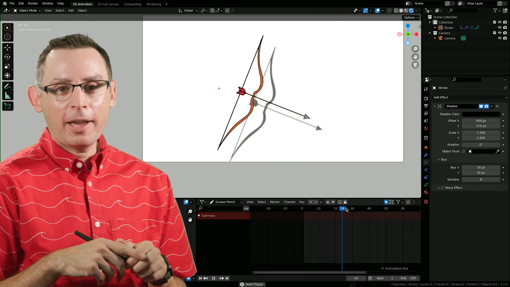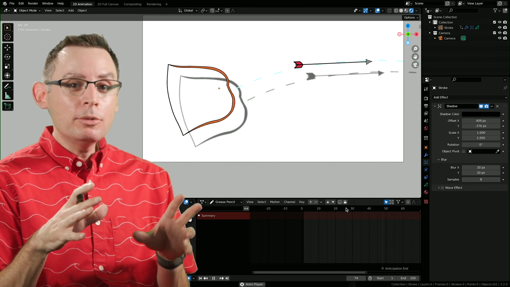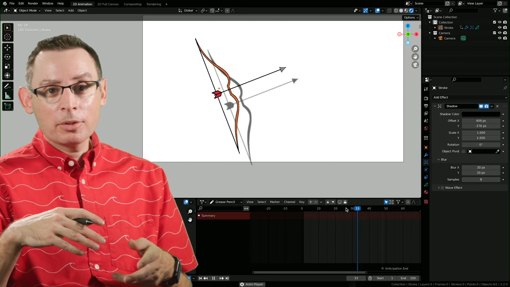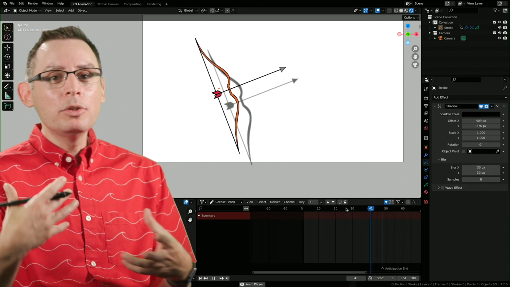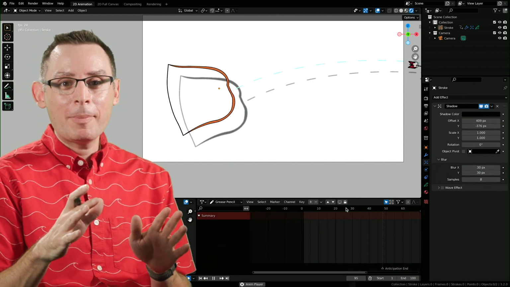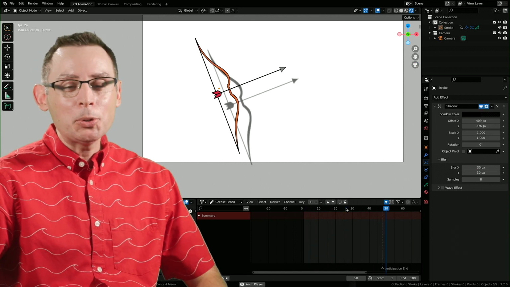Experiment around with these different effects. There's a lot of fun ones in there. We want to use them strategically. Blurs and shadows. Sometimes the pixelate one is kind of neat and fun. They're neat ways to add in a new layer of detail and information into all of our animations and ones that we should absolutely be exploring.